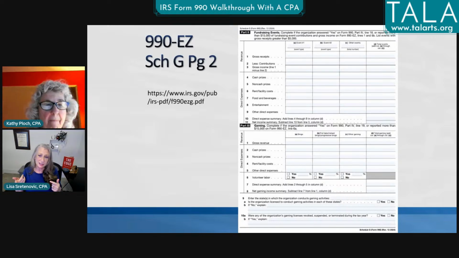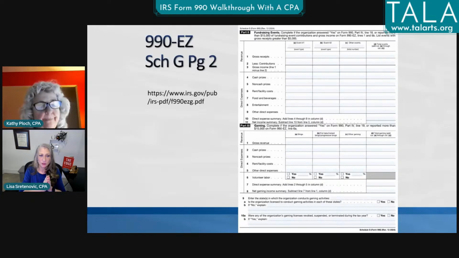This may be a really good example of one reason to use something like QuickBooks, where you can use the QuickBooks function called class, where you can say, any expense that is related to fundraising goes in the fundraising class. And then you can run a report out of QuickBooks that just makes this really easy to fill in. Whereas if you keep it all on a spreadsheet, it's going to be a lot more complex to break out just these expenses out of all of the other expenditures that you have.